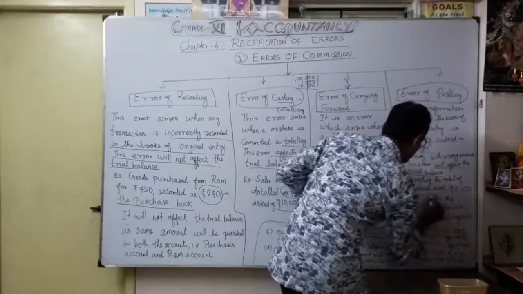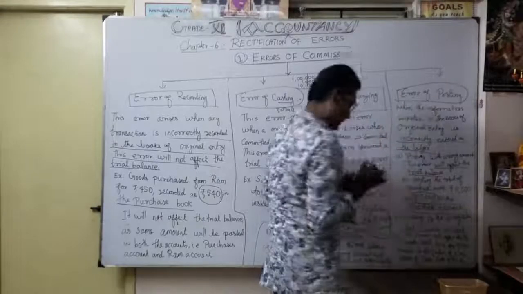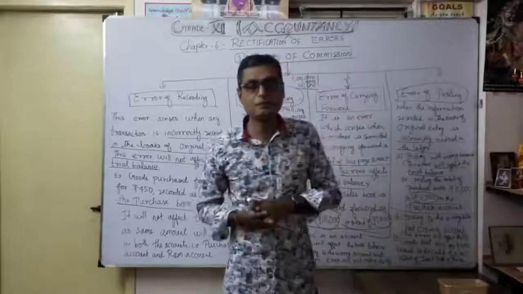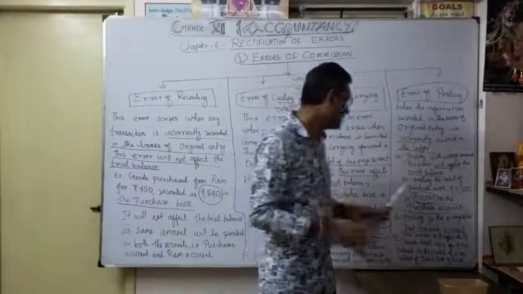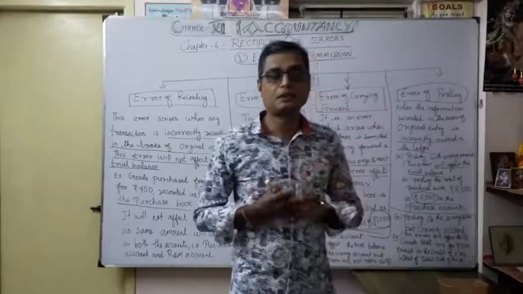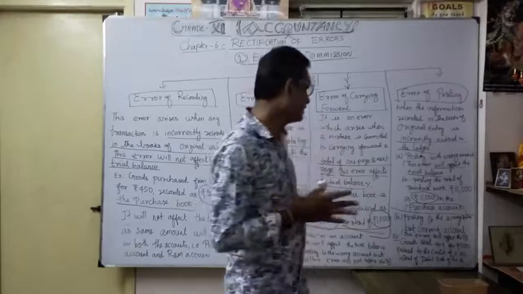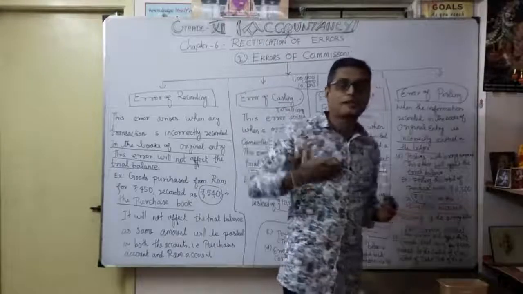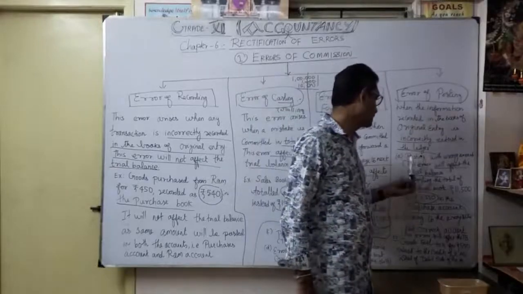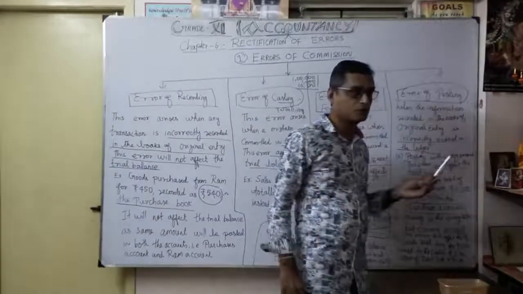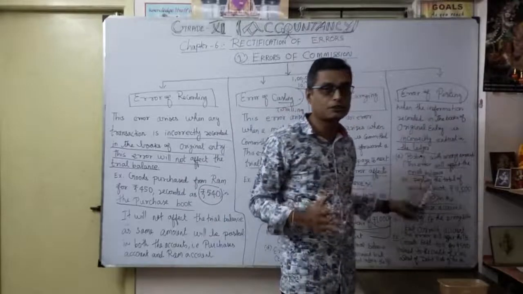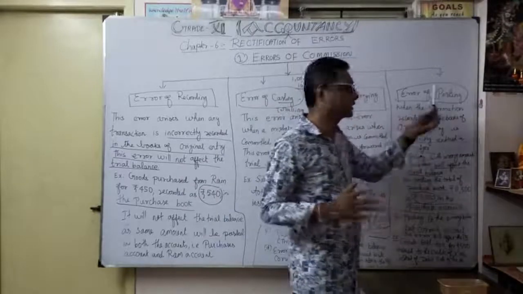Actually the total is 11,500 only, but you entered in the purchase account 11,550. So there is a difference of 50 rupees. How will the trial balance agree? Definitely the purchase account will show a higher figure. Correct, understood. That's the first error that occurs whenever posting is done with the wrong amount. That's a very important example under error of posting.